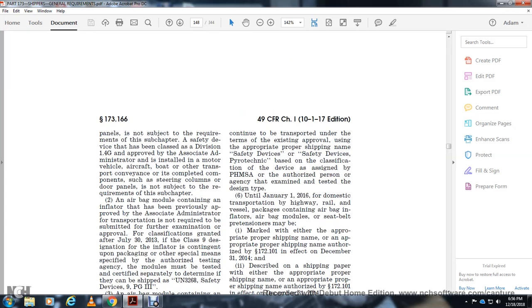Panels is not shipped with the requirements of the safety device that has been classified 1.4G with the approval of the Associated Administrator for the install of the motor vehicle, the aircraft, the boat, for the other transportation planes, complete with the component, with the steering column, with the door panels, for the requirements of the subchapter. Airbag modules containing the inflator that has been previously approved by the Associated Administrator are not required to